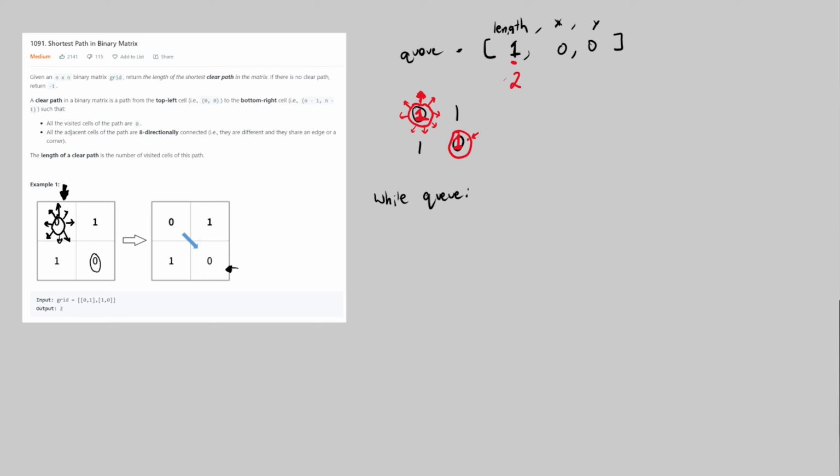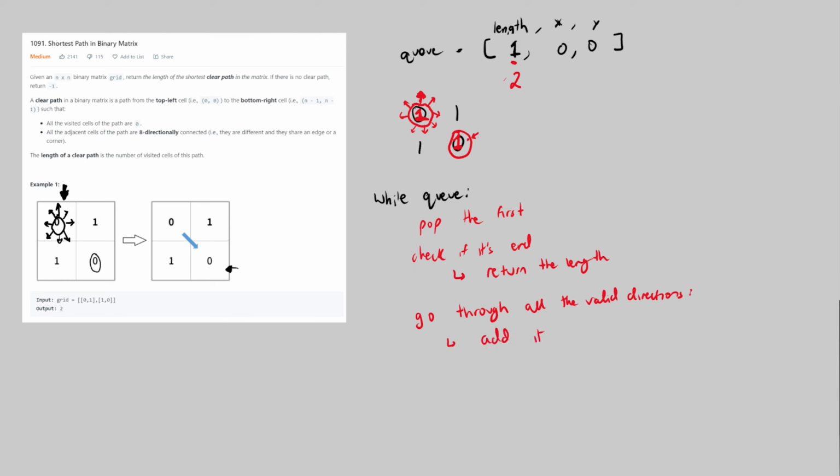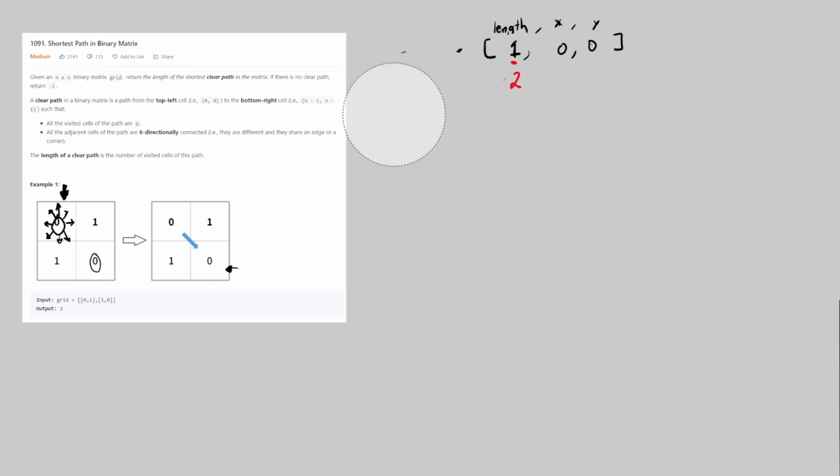So essentially the pseudocode will be pop the first element, check if it's the end. If it is, then we return the length. Otherwise, go through all the valid directions, add it to the queue only if it's a 0. And when we add it to the queue, we mark it as 1 in the matrix, since we don't want to visit this again. So just to make a quick visual of this, essentially what this would look like, say